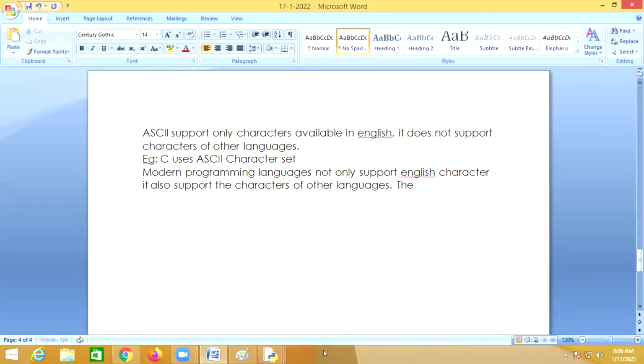So these programming languages use the Unicode encoding standard.